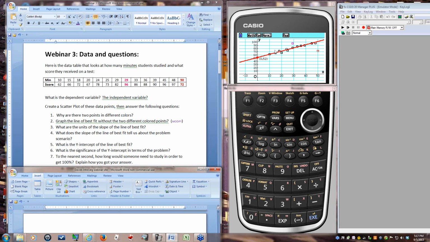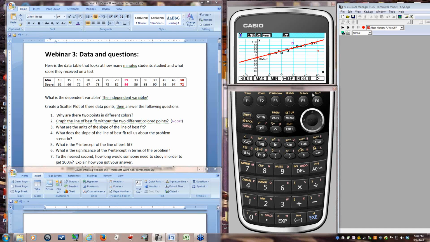All right, you could look at it, 100% is up here, so it's somewhere about whatever that data point is. But I'm going to use the GSolve feature on the Prism. And again, in a classroom situation, you could have a student come up and do this. If your students all have Prisms, they could be doing this at their desks, or somebody could come up and push buttons on the emulator.